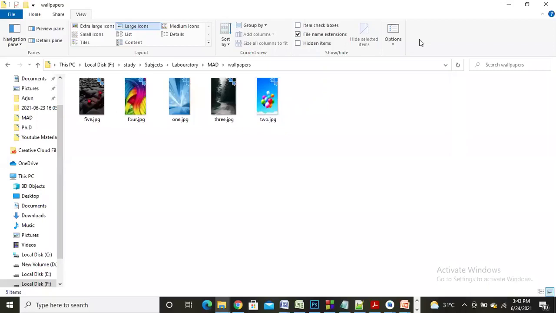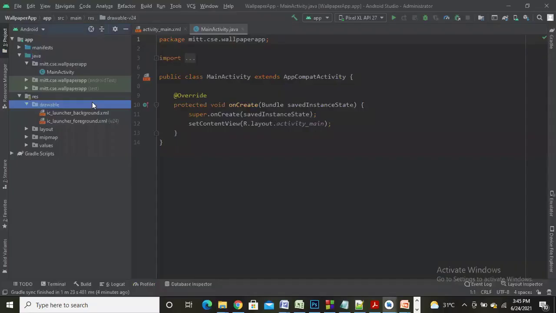Before we write the code, make sure that you keep ready a few wallpapers, which you prefer to randomly change every 30 seconds. Here, I have downloaded 5 wallpapers of image type JPG and have renamed the wallpapers as 1, 2, 3, 4 and 5. Now, let me copy all these wallpapers and paste them in Android Studio in the drawable folder, which is present under the resource folder.